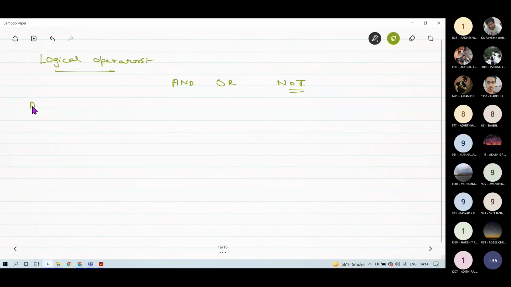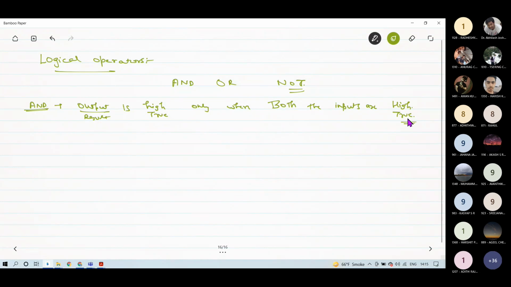Okay, so AND operation is generally said to give output, or you can say result, high, or you can say true, only when both the inputs are high, or you can say true.